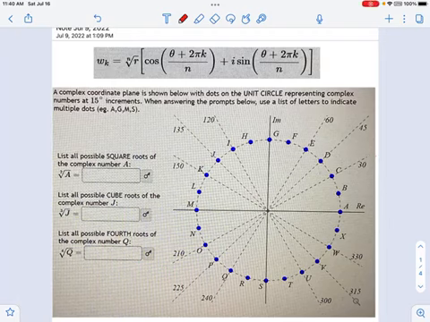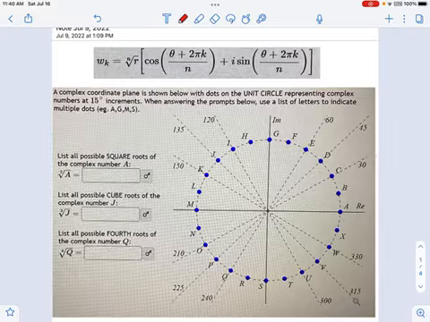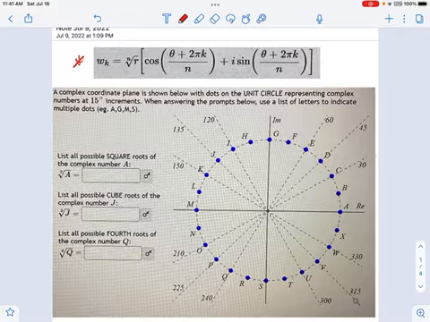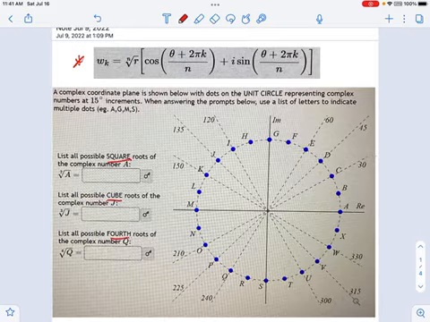This is such a pretty problem. We've got complex trigonometry to talk about in a visual sense now. I really want you to understand the concepts geometrically of what's happening as you take roots of complex numbers. That's what this problem is all about. And I've got the root theorem up here from De Moivre that we're going to be using. And there's three parts to this question: square roots, cube roots, and fourth roots.